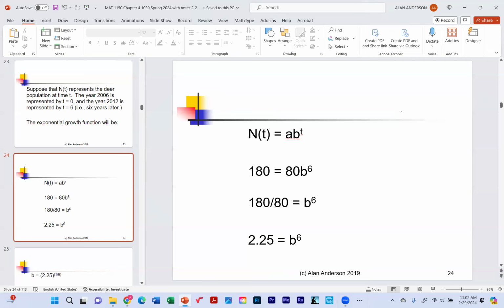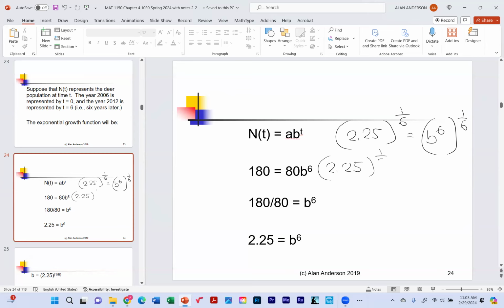So how do I solve for something like that? Well, I don't want b to the 6th, I want b. So I'm going to raise both sides of the equation to the 1/6 power. For this, you can just go to your calculator, or you could leave it like this, I suppose, but that would make it very difficult to find out the growth rate. So if you go to your calculator,